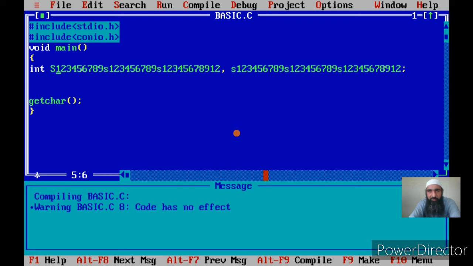Two words with the same spelling are taken as the same words even if they differ in case. That is, if you write happy in uppercase or lowercase, it will be the same. But in C, if you write happy in uppercase and happy in lowercase, it will be taken as two different names. That is why C is called a case sensitive language. That is, it differentiates between uppercase and lowercase. This seems to be something ridiculous, but the C compiler has been designed like that. That is, you can have two variables with the same name, but they should differ in their case.